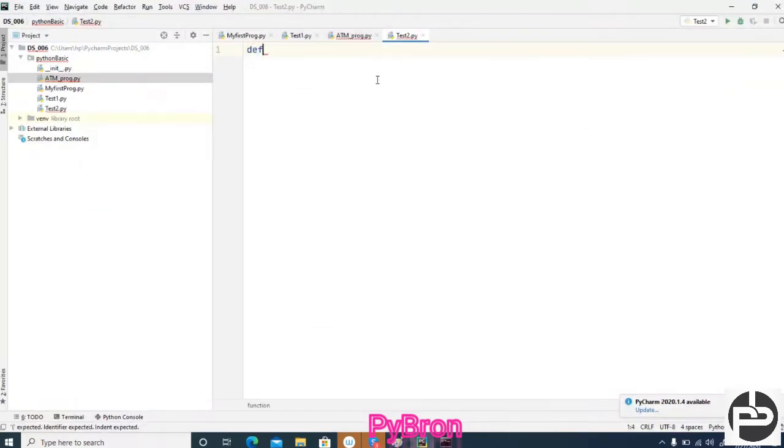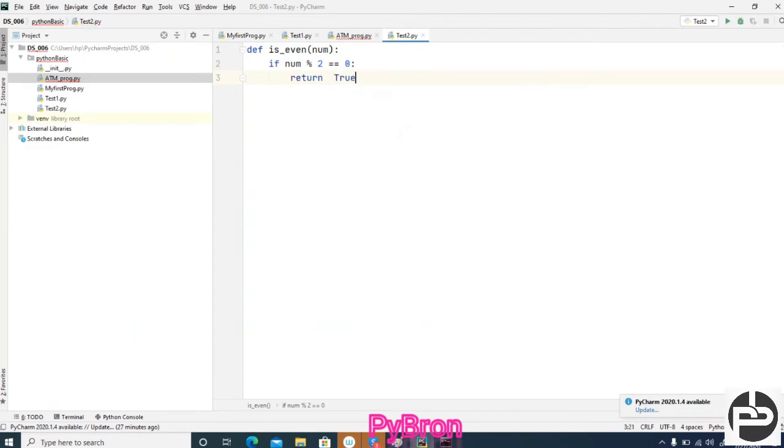Whatever you are going to do, please try to make a simple method. Don't try to put the complete code in the main method itself. This is not a good practice at all. So is_even, I'm going to pass number, and if number modulus 2 equal to 0, then return true.